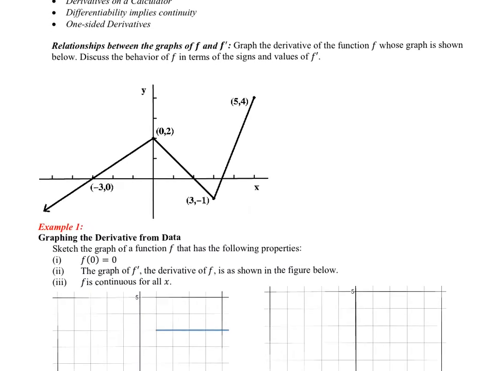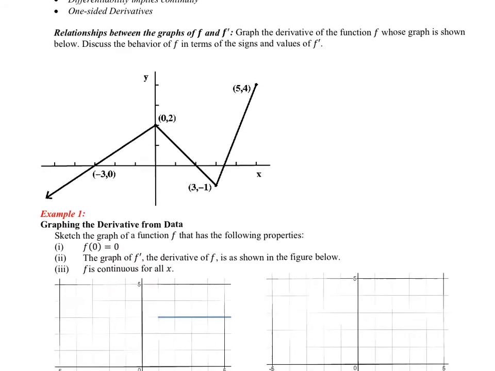So let's look at the relationship between the graphs of f and f prime. We're going to graph the derivative of the function f, whose graph is shown below. So we're going to say that this black graph is f of x. And we're going to graph the derivative based on the slopes of f. So you can see on this interval,